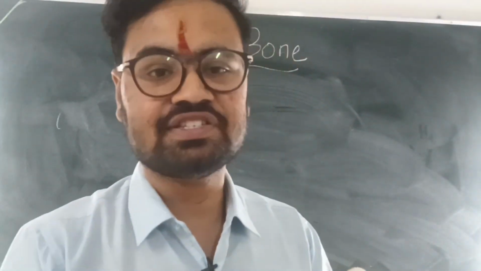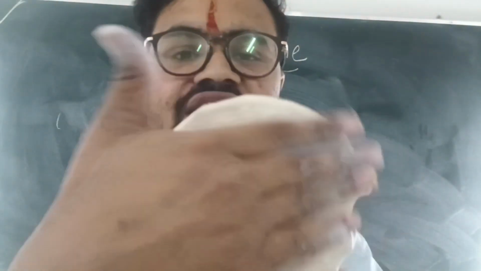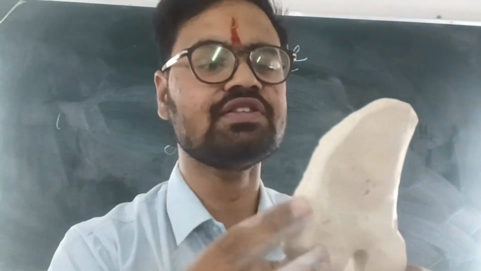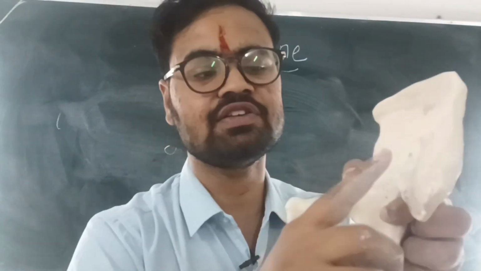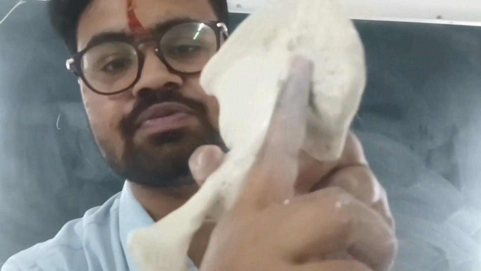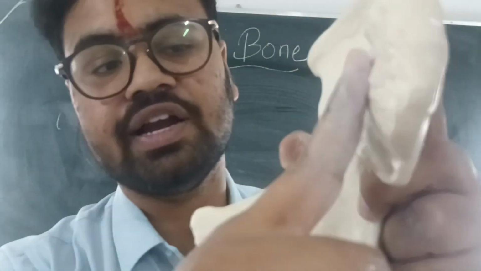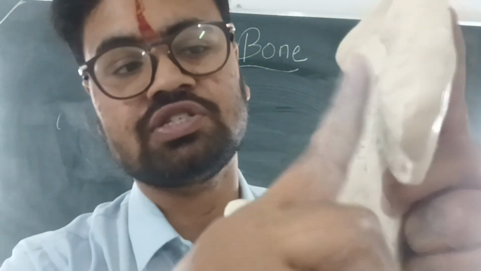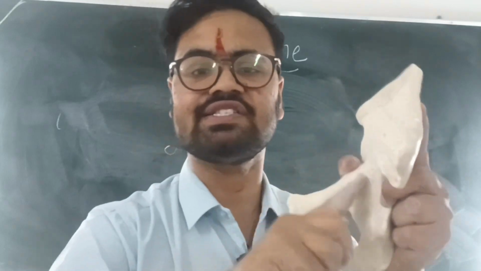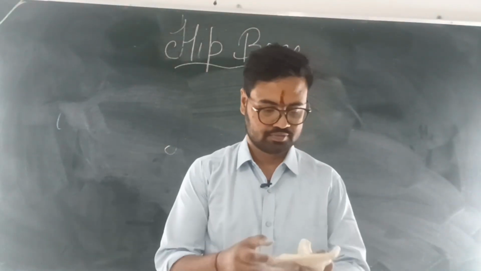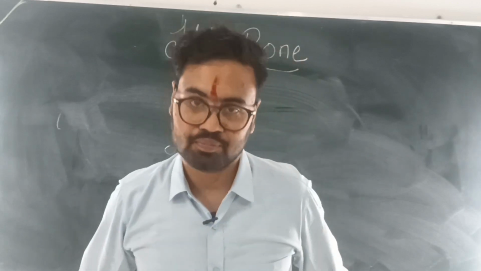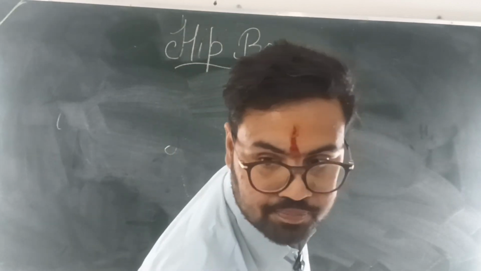And there are three surfaces of the ilium. This one is the gluteal surface, the posterior surface is the gluteal surface, this one is the iliac fossa, and this is the sacropelvic surface, which lies from the iliac tuberosity. This portion is the iliac tuberosity and the pelvis. So sacrum plus pelvis is the sacropelvic surface of the ilium bone. So now we will talk about the pubis.